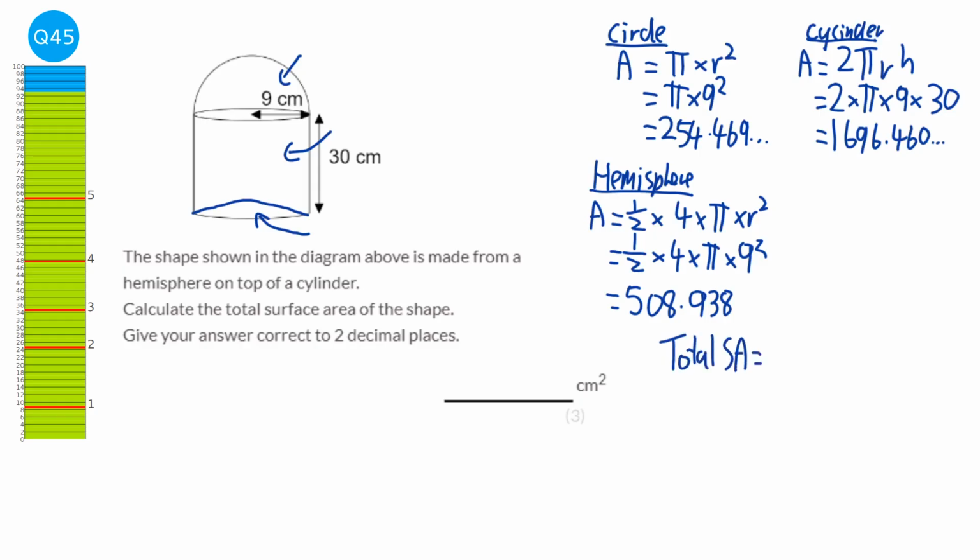And so the final thing is to work out the total surface area. And we're just going to add up all these numbers together. So we add up the 254.469, the 1696.460, and the 508.938. And we get